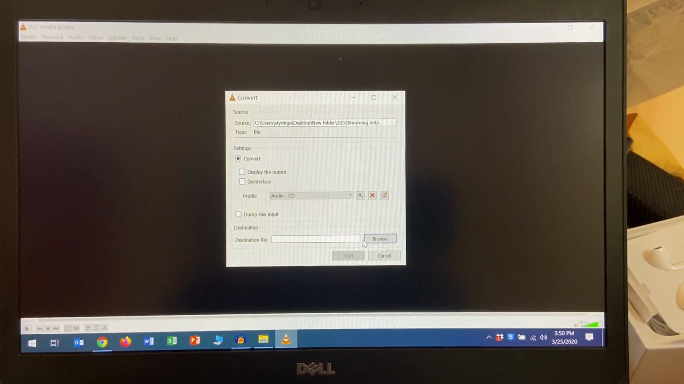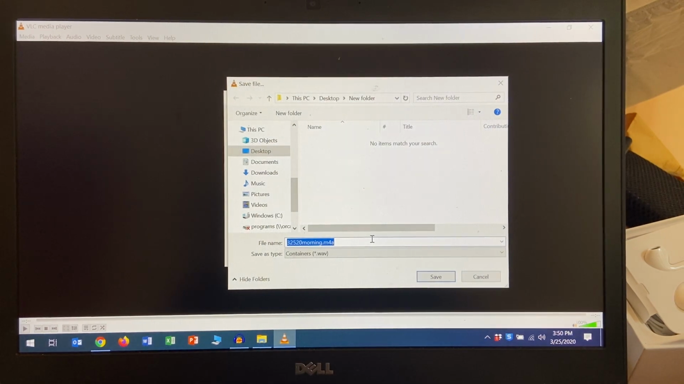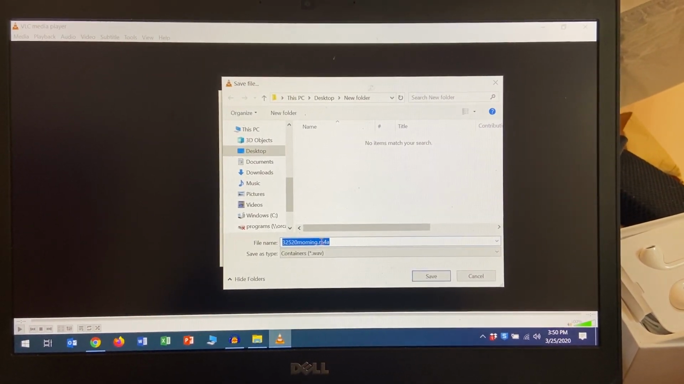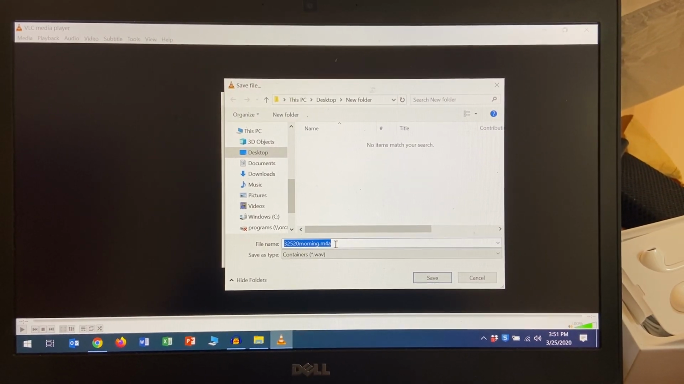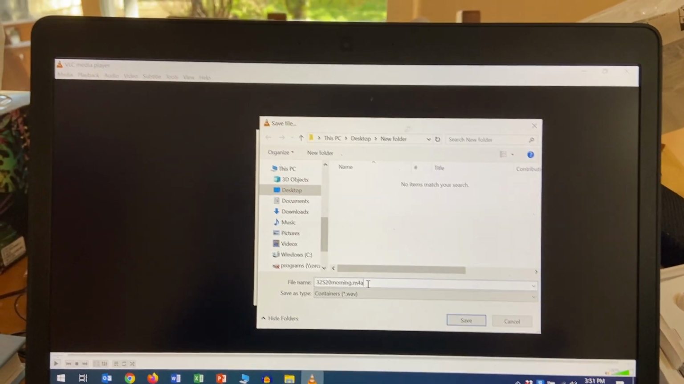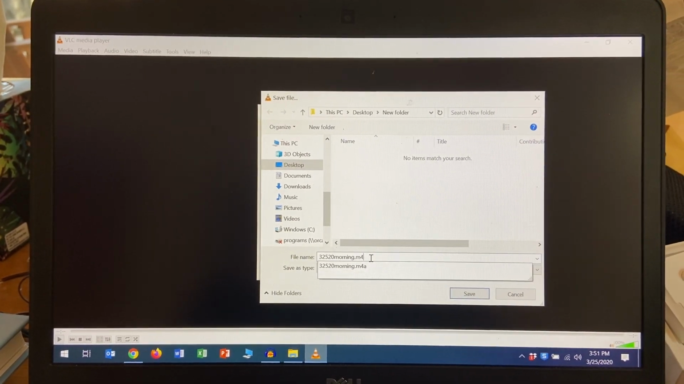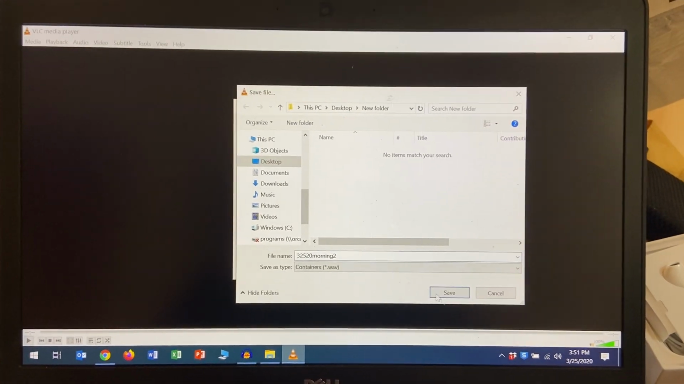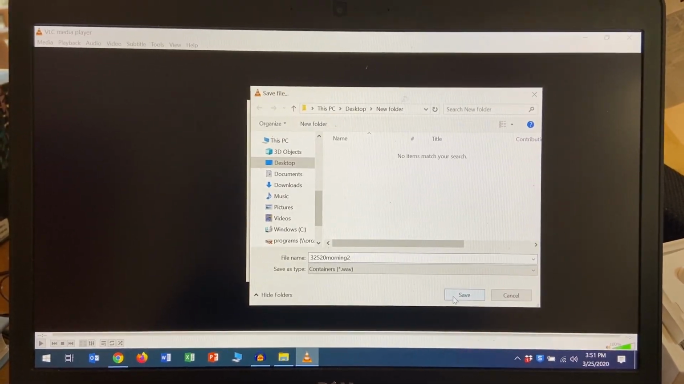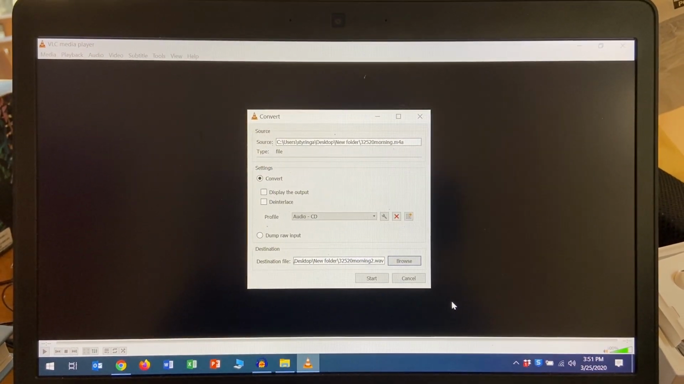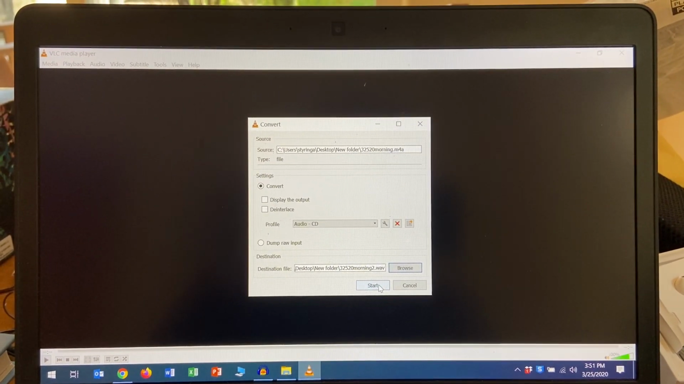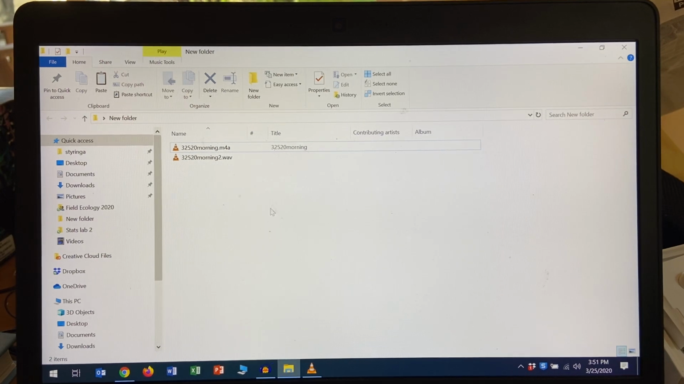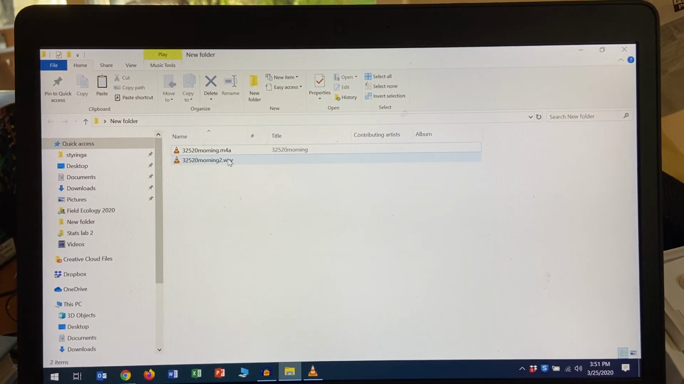Then I'm going to find a place to save my new file. I'm going to save it in the same folder as my original recording. I'm just going to name it with the number 2. And I'm going to hit save, and then hit start. And what you'll see is I now have a WAV file that I can open up